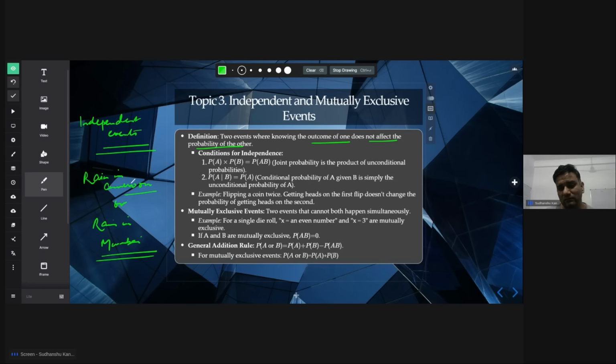Now, I just want to give you an idea that when you talk about probability function, there are basically, in your syllabus, two kinds of probability function. One is your continuous probability function. One is your discrete probability function, right? One is a continuous probability function, one is a discrete probability function. Okay,